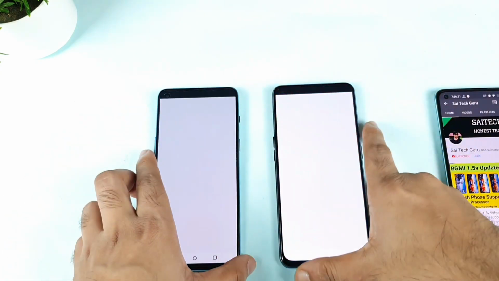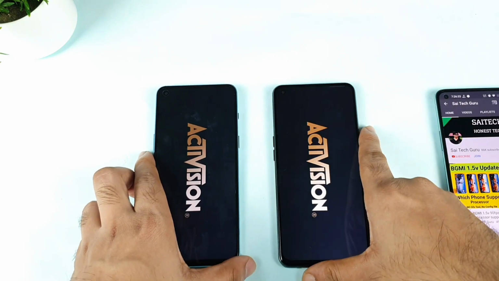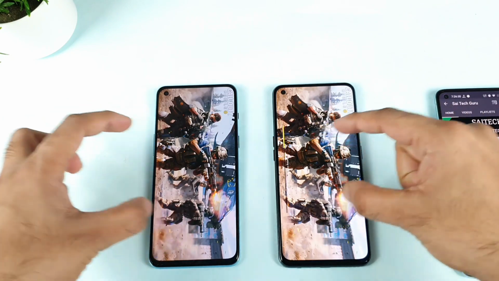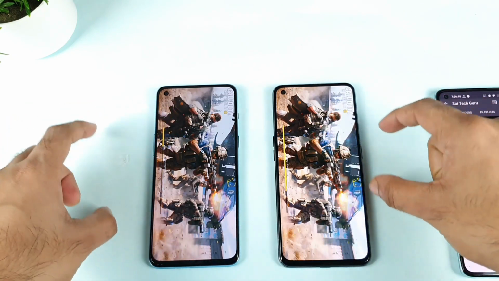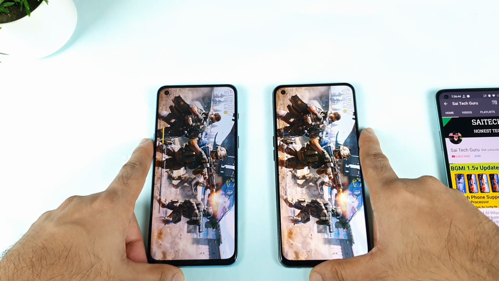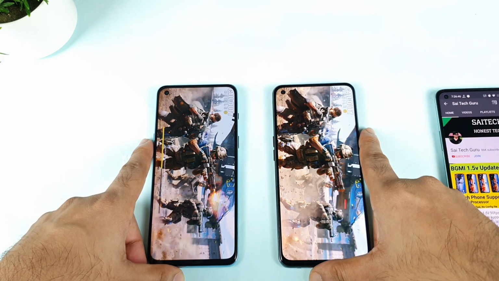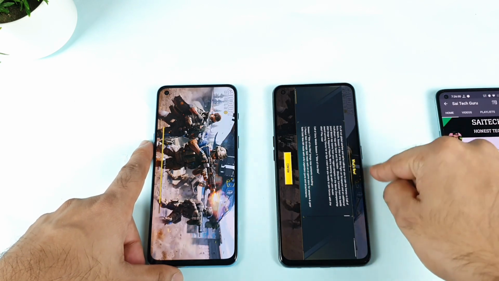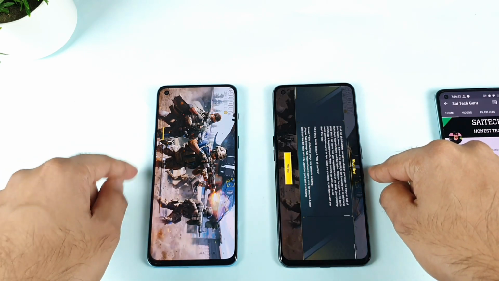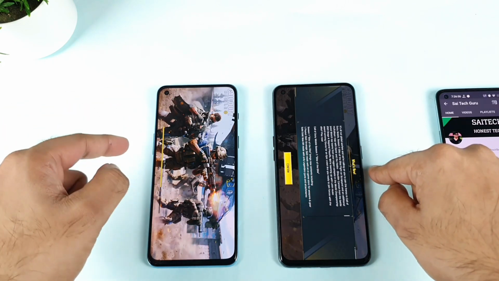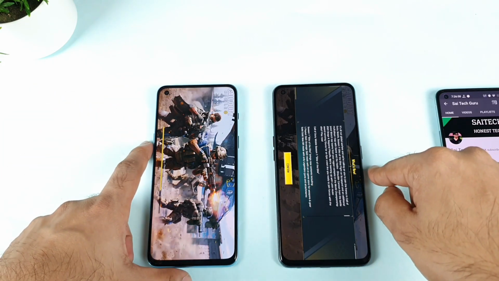Next is Call of Duty. Let's see what happens with the Call of Duty game. Which phone can actually open Call of Duty faster? I just want to see that confirm page, which will give the confirmation. Both phones are loading and downloading the resources. The Realme X1 Max got there slightly first. Maybe this took some time in terms of downloading the data, I think. Maybe the OnePlus Nord 2 just a little bit, but not much.